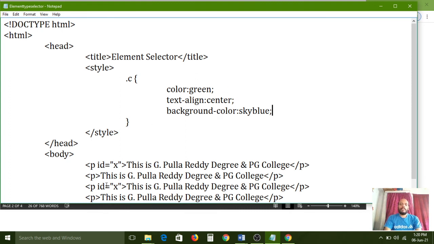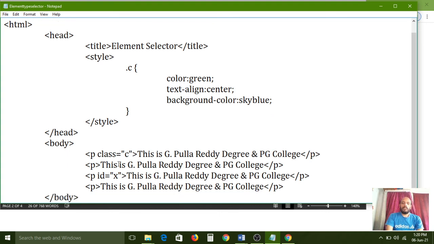So one more property I have assigned, and for the first property, instead of using the ID attribute, I am using the class selector here. C is my class name. Here I want to represent more than two paragraphs with my properties. So that's why I configured like this by using the class attribute.